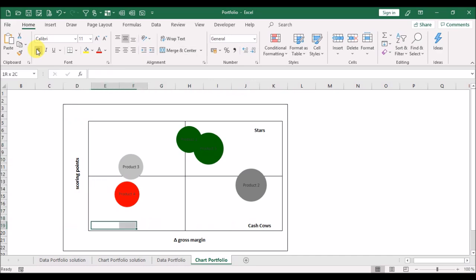We will mark some cells, merge and center it, write poor dogs, make it bold, and center it to the left, and at the top of the left box